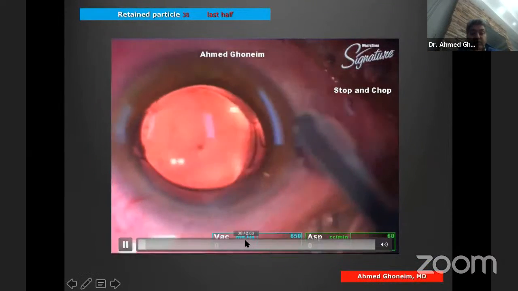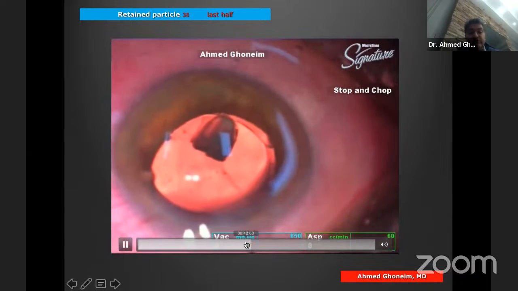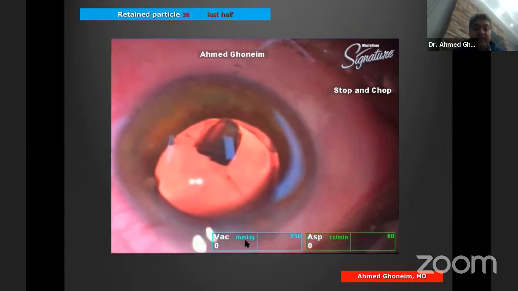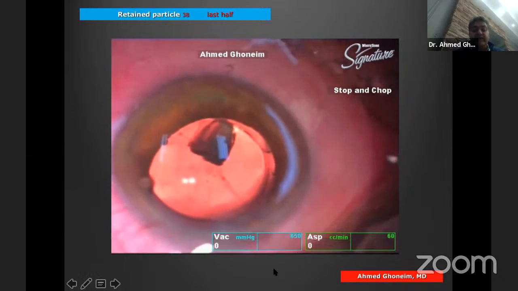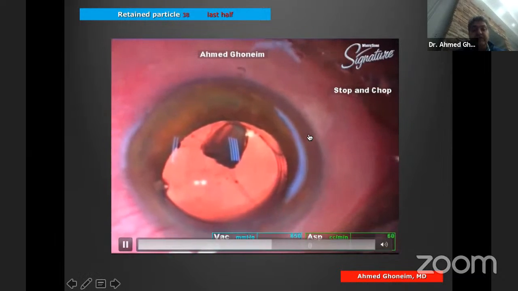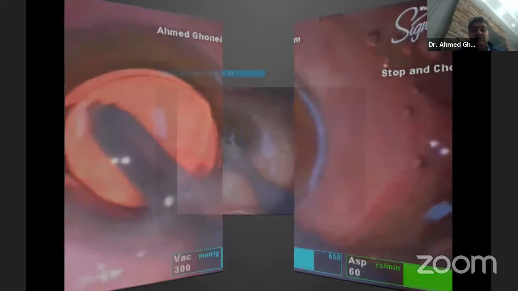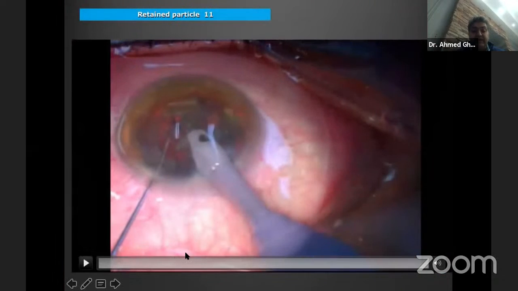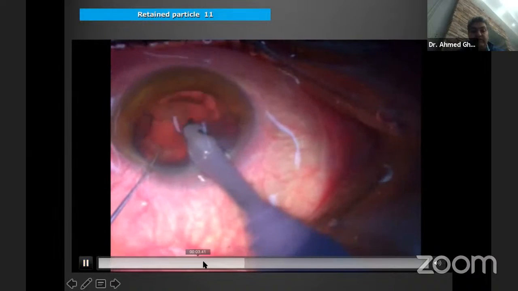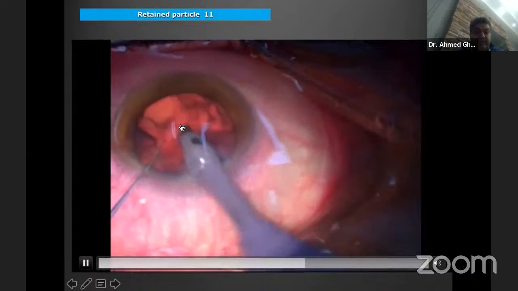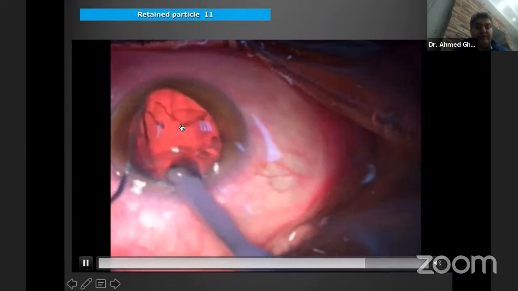Finally, we all face, even with the high machines and high tech, that we can find a remaining part of the nucleus in the white cataract. This is the norm. I mean, it's obvious now that we can see it after the operation. So this case came to me on the 2nd day, and I found this part of the lens. So when I go back for the lens, and I find that I didn't catch it with my phaco handpiece, it goes